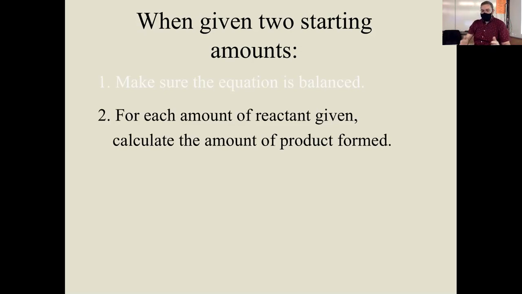And then for each of the reactants, you want to calculate how much product you get. We're going to do a couple of specific examples in just a second here. So for each of the reactants, calculate how much product you would end up with. Just like if you're making s'mores or if you're making grilled cheese sandwiches or you're putting together